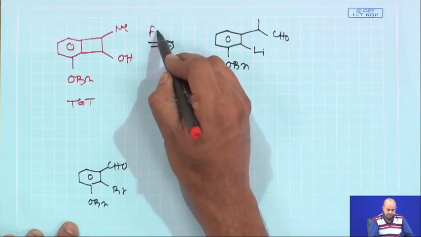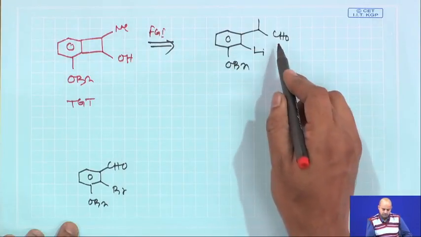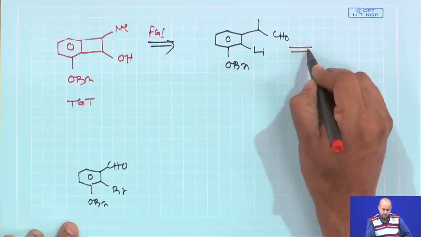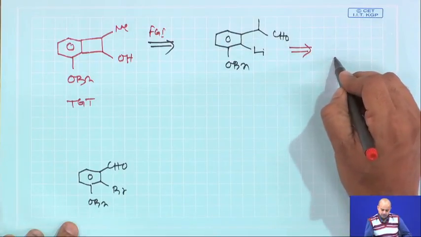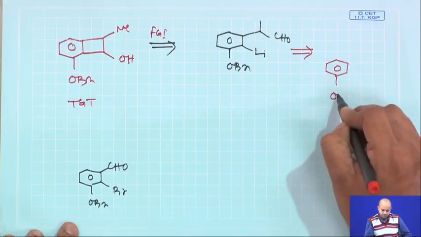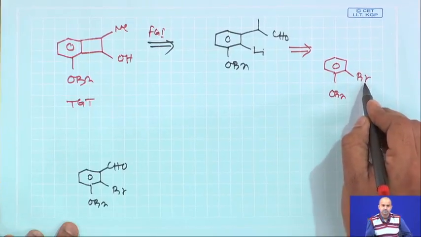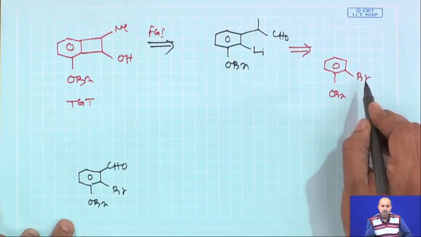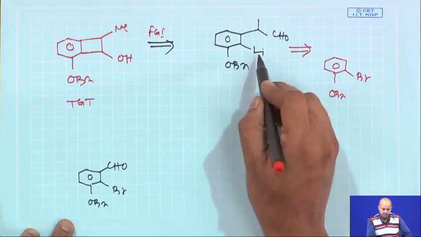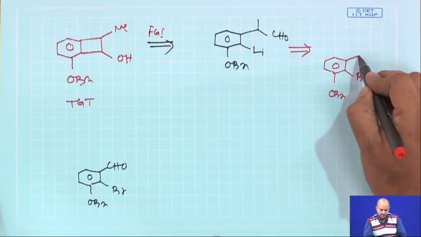So, it is a FGI, fine. Now, this aldehyde, now see how I am doing it. This lithium can be generated at a later stage with the exchange of butyl lithium or tert-butyl lithium to give you this organolithium species. Now, here I say